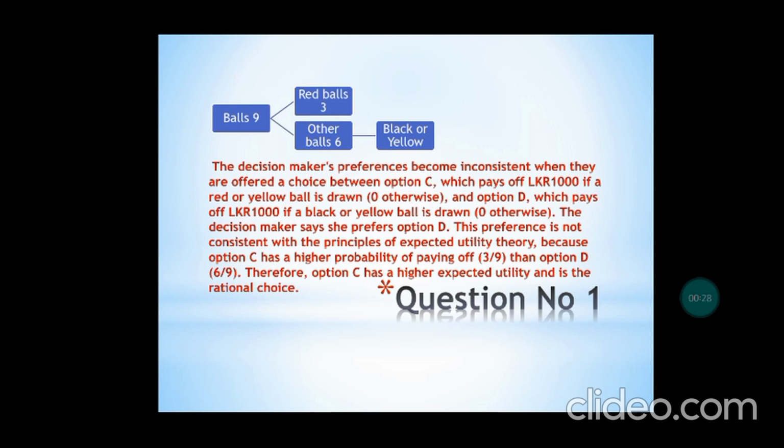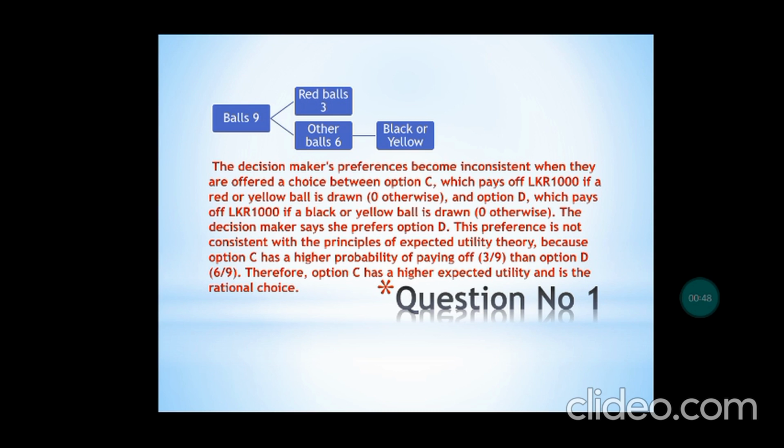Here I am going to discuss question number 1. You can see there are 9 balls. It consists of 3 red balls and 6 other balls. The 6 other balls consist of black or yellow balls. Here you can see